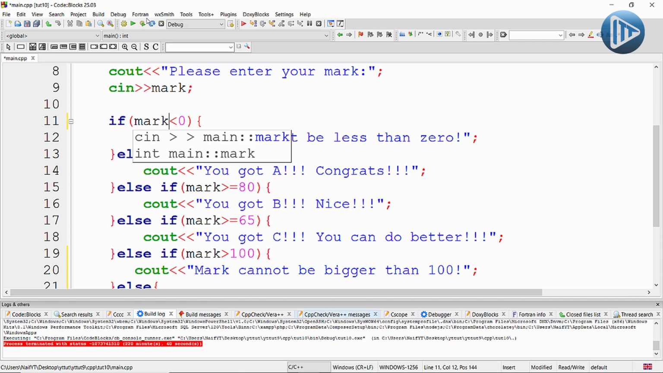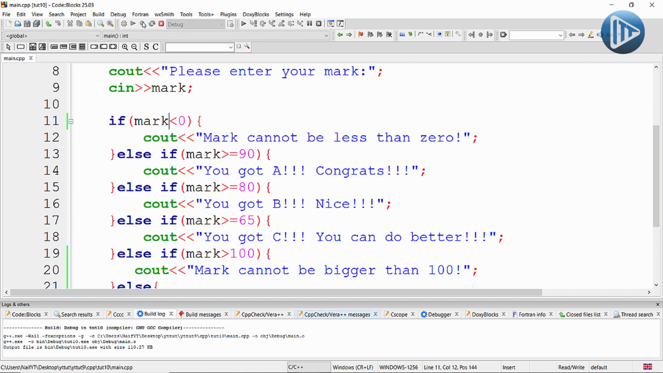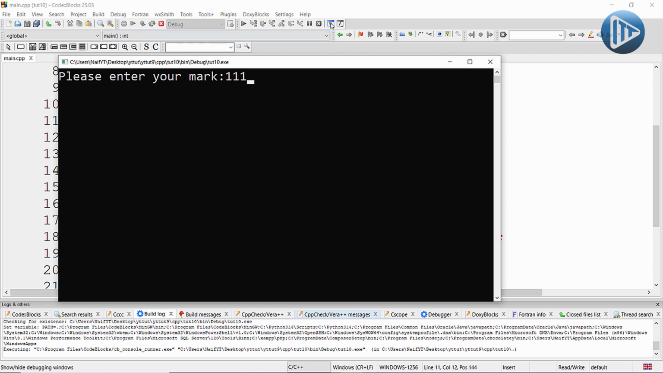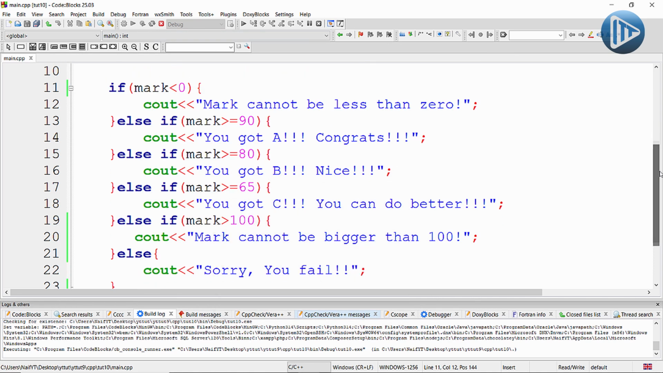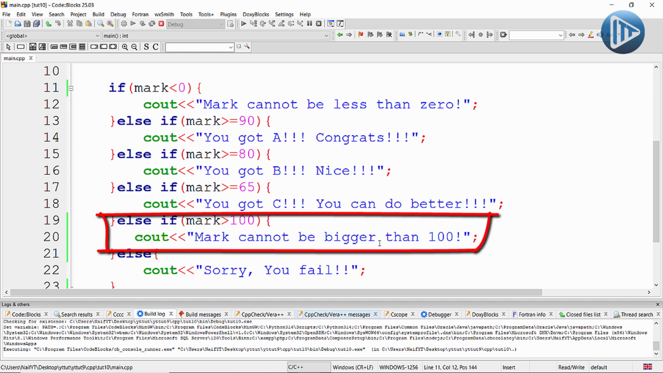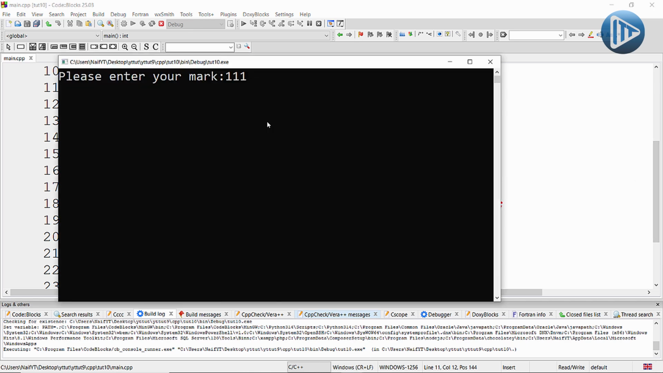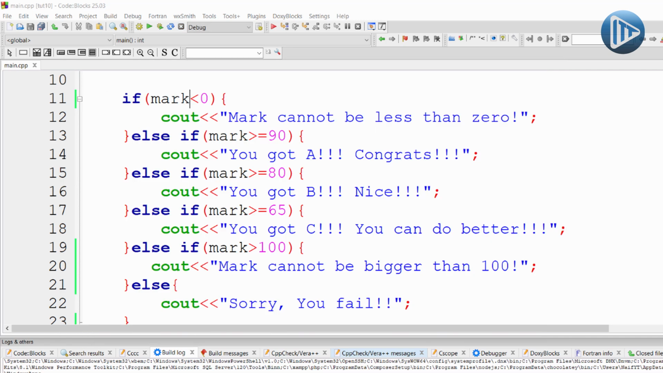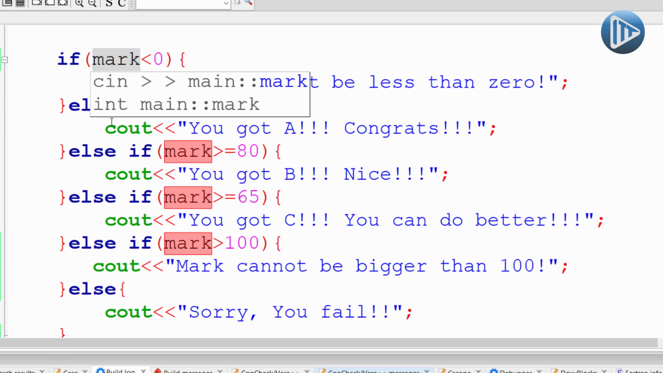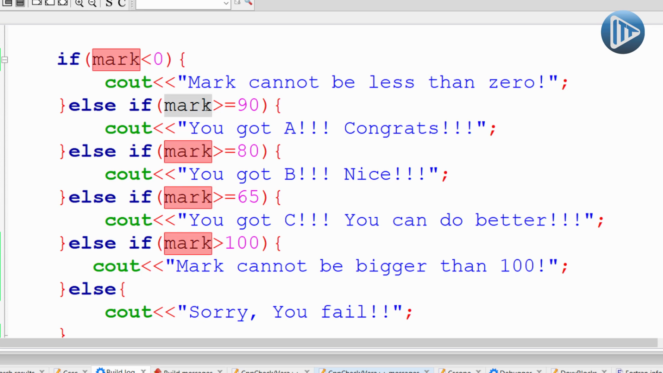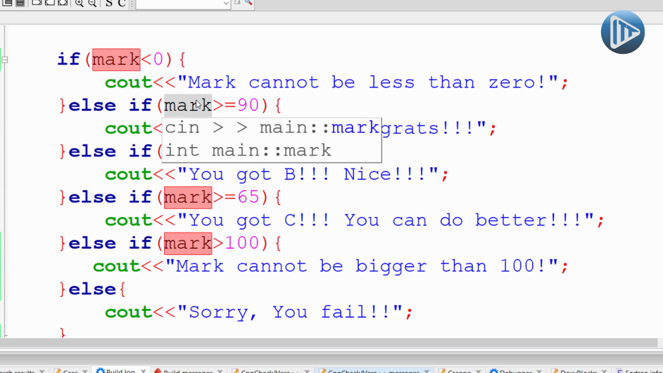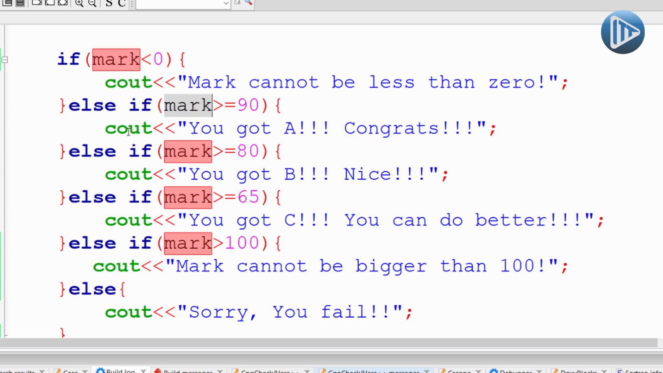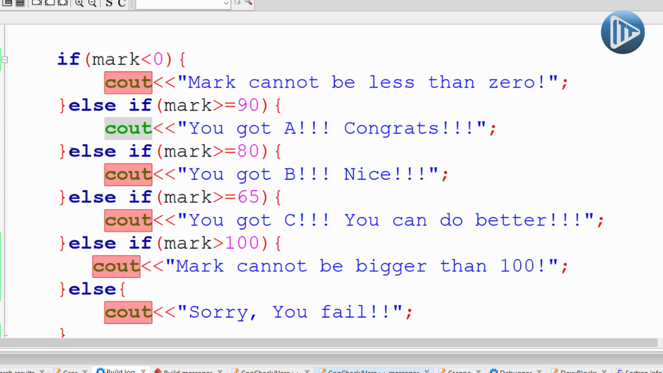For example, when we ran our program before and wrote a number bigger than 100, it told us that mark cannot be bigger than 100. That was before. But now, what we will see is that it will print you got a congrats. That is because it checks the conditions in the same order that we write them. It will first check if the mark is less than 0. Then it will check if the mark is bigger than 90. And if any one of them is satisfied, it will run the code inside it and ignore any other code